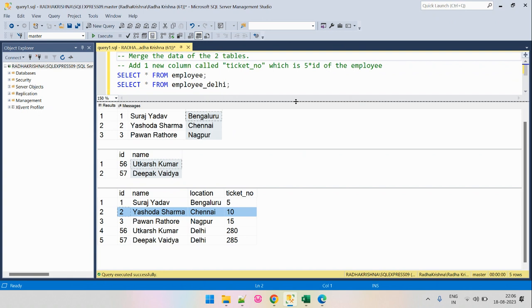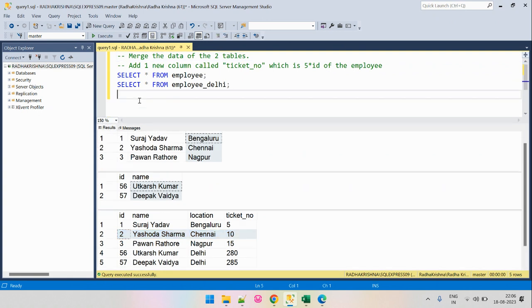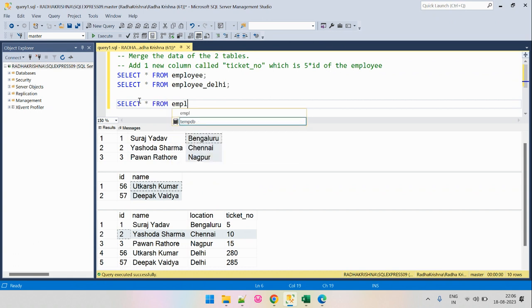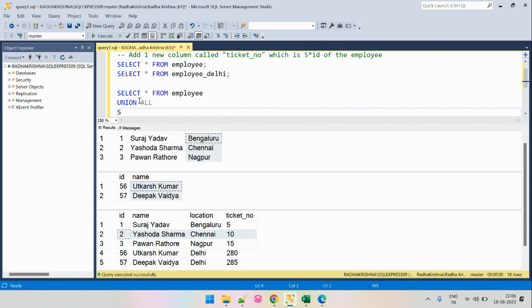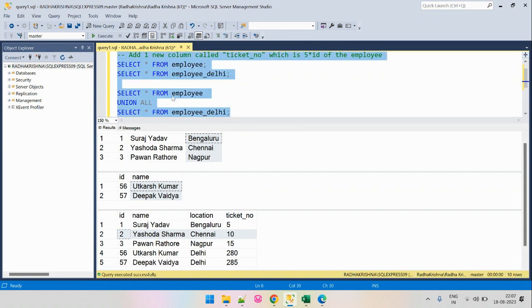This will be a very simple solution. For this, we need to use the union operation. So we will use union all here. This is our first table. We'll do union all and we will select the second table. Now if we try to do the union this way, union all, by selecting all the columns and run the query,